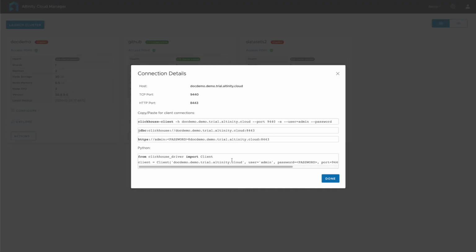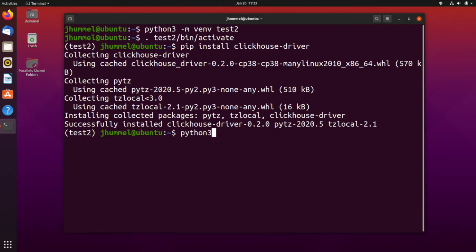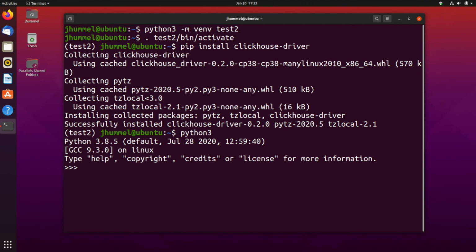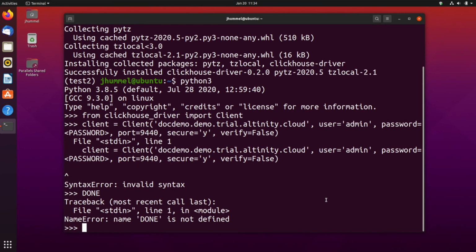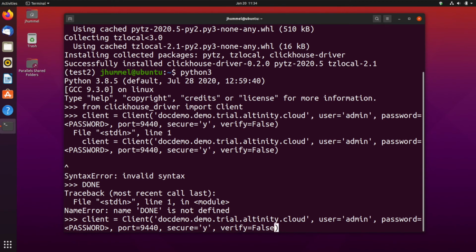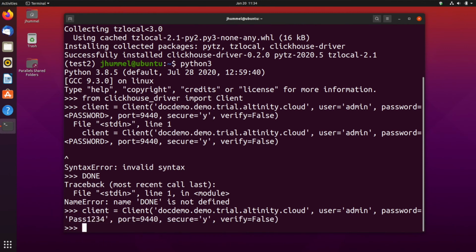So before we run Python, let's go back to Altinity.cloud and use the access point to see the commands so we can copy and paste directly into our terminal so we can connect to our cluster via Python. So as you can see, first we set our ClickHouse driver to client, and then we make a connection to it. A small note here, this is not the actual password to this cluster, it's just an example. Always use secure passwords. This is not a secure password that you're seeing, it's just an example.